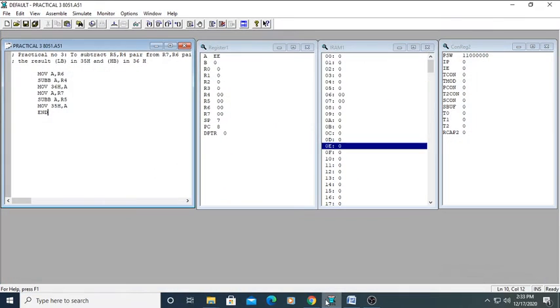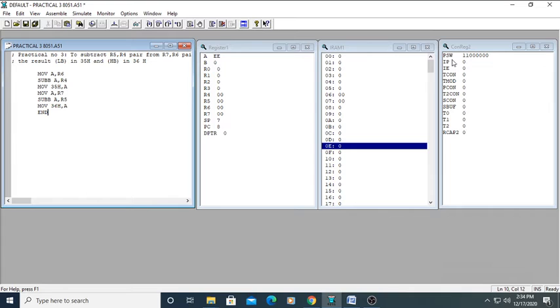So let's see over here. I think it is wrong. So assemble. So here it should be 35, and here according to the question it is 36. No problem. So we have written everything, and you can see